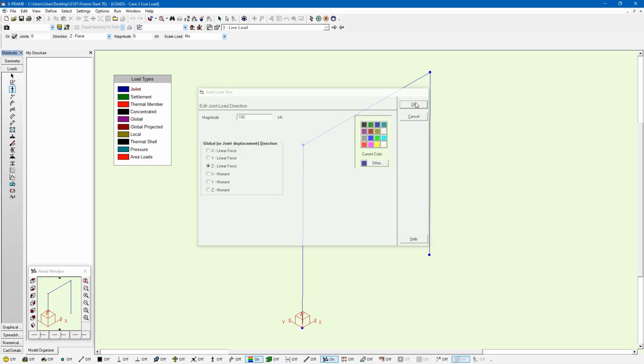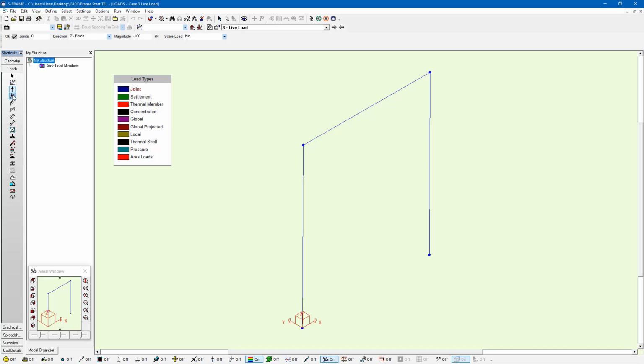Now I'm going to press OK. And you notice that once I filled that information into that dialog, it updated the data bar. I could have done the same thing by just entering everything into the data bar. Totally up to you how you do that. And once I'm ready, I can just left click on a joint to apply that negative 100 kilonewton load to that joint. So I'm going to apply it to the tops of both columns, and this is part of the live load case. And for our other load case, the dead load case, which is the second one I defined,